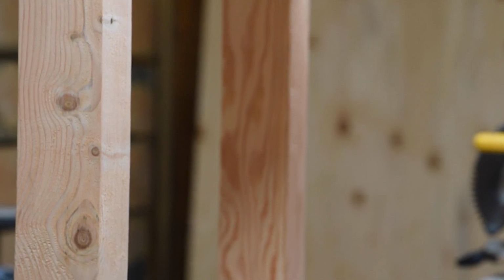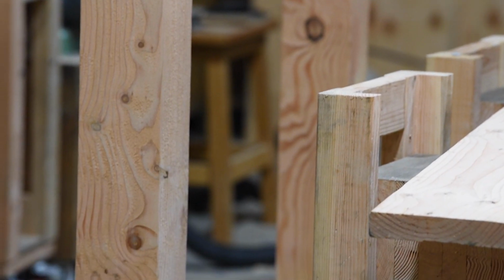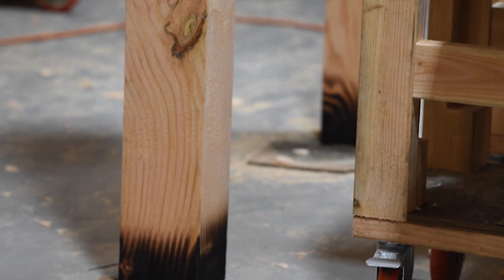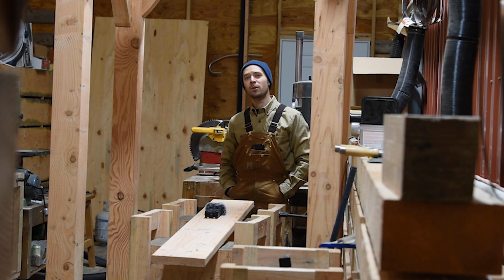Construction of an all timber frame construction home. And around me you can see all these timbers that are all going to start getting milled probably late tonight or first thing tomorrow morning. And it's scary, it honestly is, but